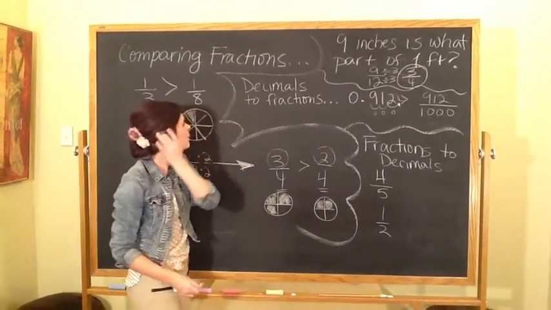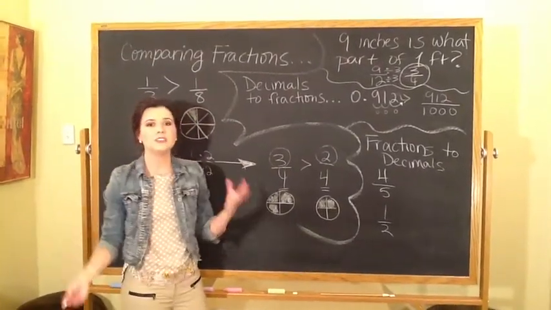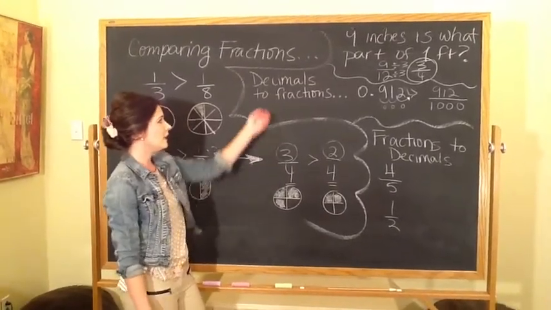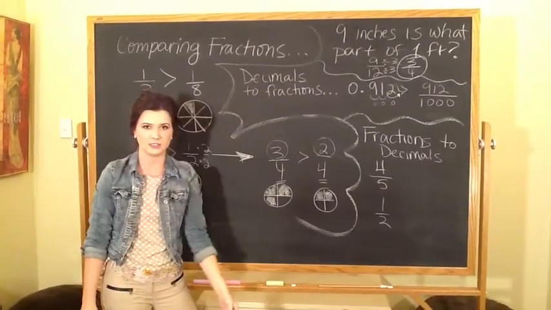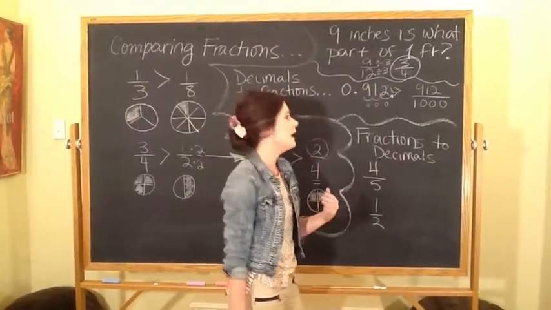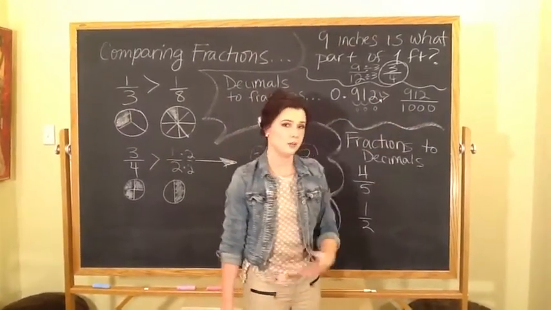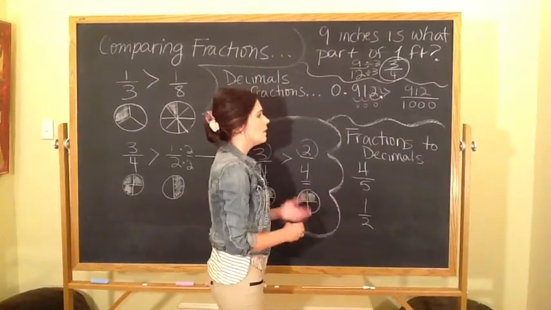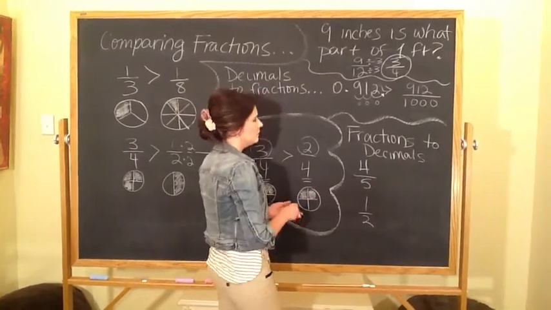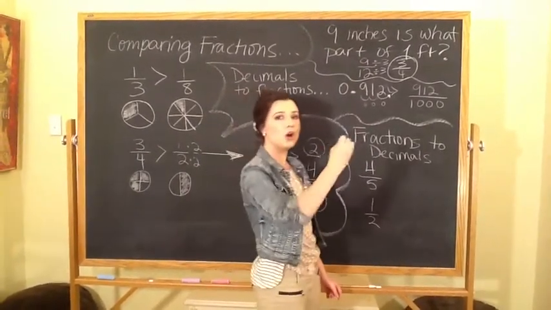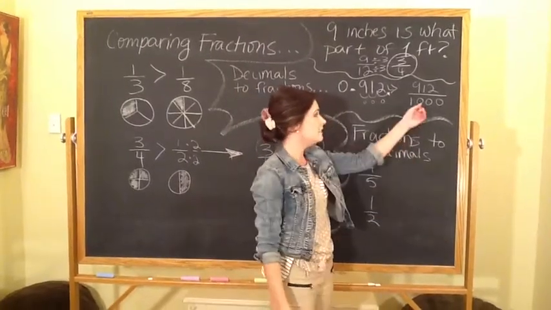Alright, let's go ahead and look at changing fractions and decimals back and forth. First of all, we're going to be talking about changing decimals into fractions. Now the easiest way to do it is basically to put it over a 10. This is not the most simplified form of the fraction, but it is going to get it into a fraction for us. So one way to do this is look at your decimal, and you're going to move your decimal, and however many places that you move it over, you're going to put it over a 10 with that